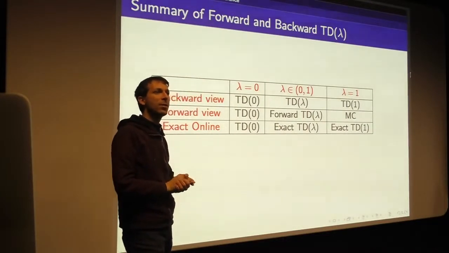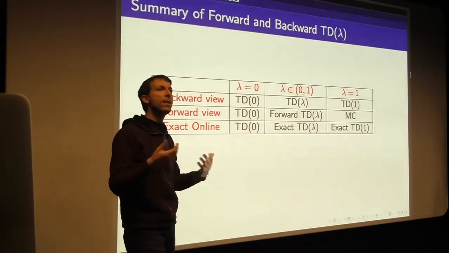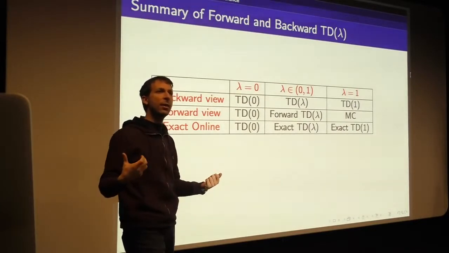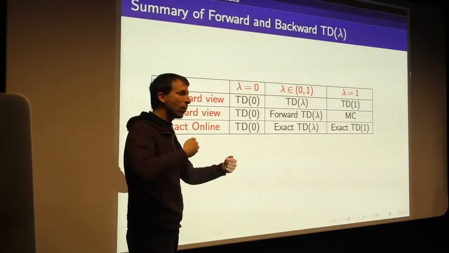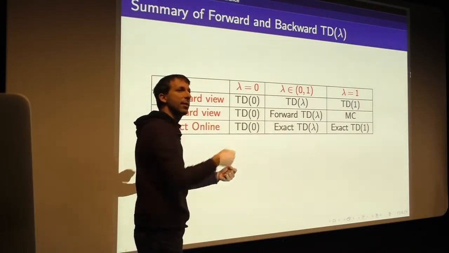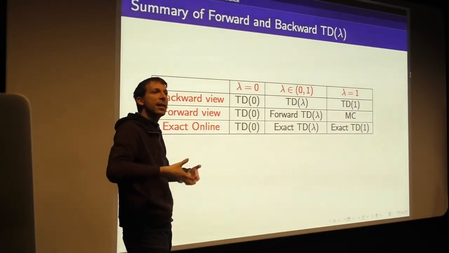So TD lambda basically gives you a spectrum between TD0 and Monte Carlo. And it has two implementations, this forward view that gives you this theoretical way of averaging over all your n-step returns, and this backward view where you accumulate these eligibility traces